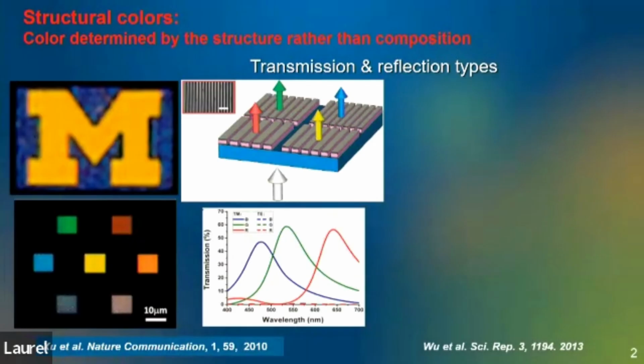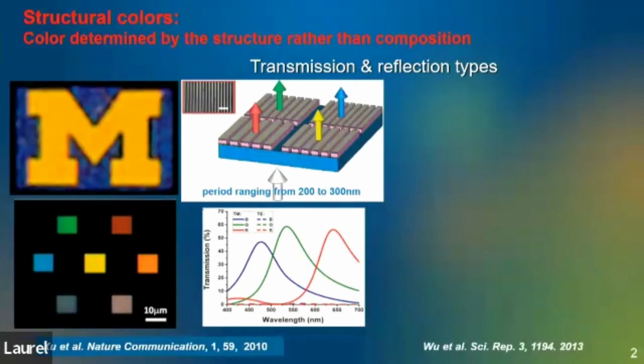In our group, we have done a lot of work on structural colors. Here are two earlier works developed by our group. The first one is the transmission type of color. By fabricating these structures, we are able to generate different transmission colors by simply changing the period of the structure. So this kind of structural color is highly structure dependent, and it does not really rely on the composition of